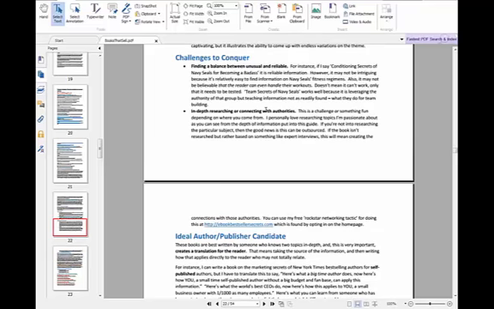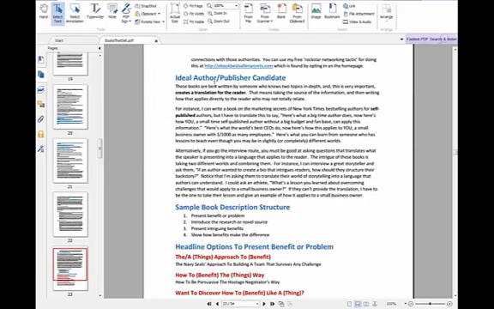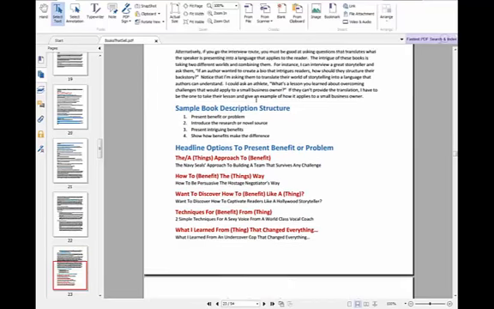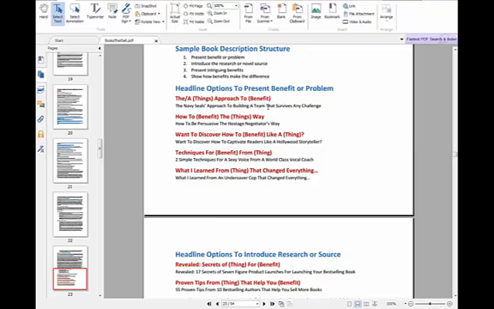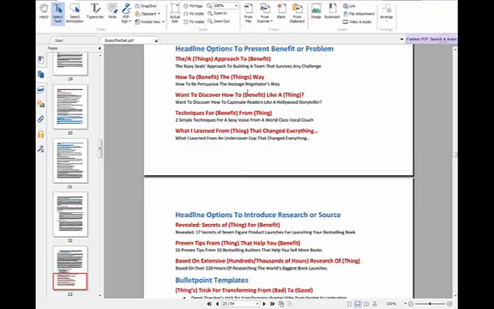It's a very easy book to outsource. You could interview 10 experts on a topic and create one of these types of books. Or you can read 10 different books, or a handful of different books from different experts, and compile their wisdom. And you'll see some examples of this. So the ideal candidate, you can outsource it, you can research it yourself. It's an easier book to create. And then once again, I go through a sample structure, some headlines,